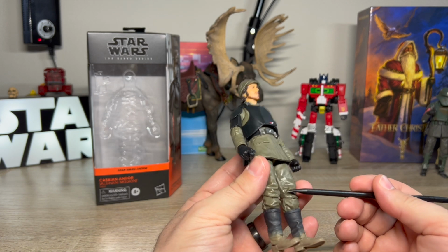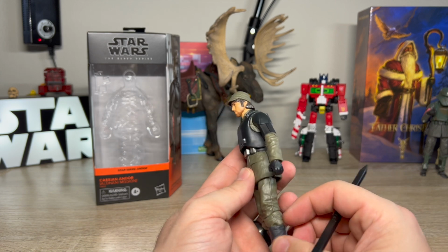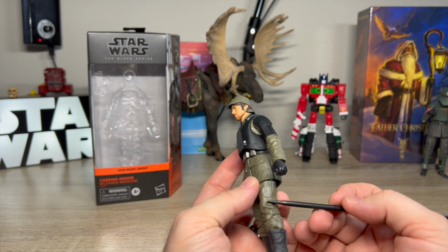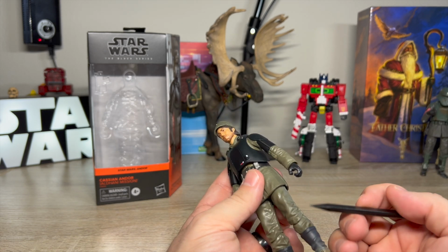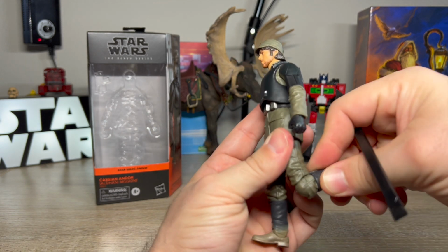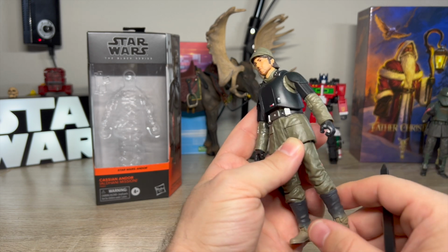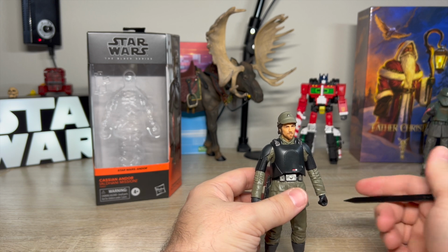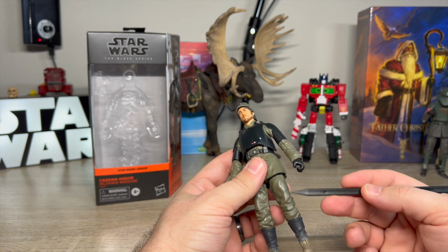As far as I can tell, these legs are new. I don't know if a figure's used them before. I looked, I couldn't see anything, so I might be wrong. Let me know in the comments if I'm wrong. But I don't remember seeing these legs used before. And I can tell they're new because they are single jointed with a little swivel, and that usually indicates that they are new. They're definitely not used from the older kind of mud trooper, tank driver, shore trooper design, which